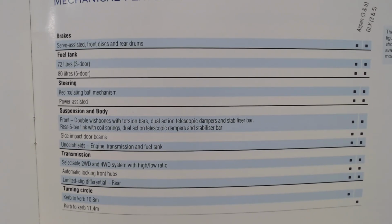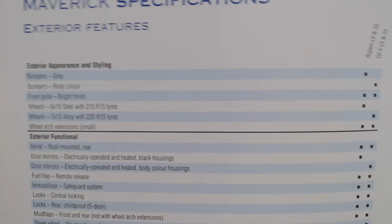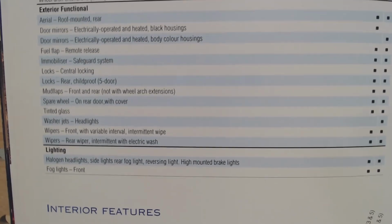There we go, that shows some of the equipment for the Aspen and the GLX. Only difference really there is the turning circle. Interior features, and this is really the only way we can determine how to identify an Aspen from a GLX, because the pictures were very confusing, showing them in two different looks. The bumper is only grey on the Aspen, on the GLX it's always the body colour. The wheels, they're always the steel wheels on the Aspen, alloy wheels standard on the GLX. I'm sure you could get the other alloy wheels as some kind of option on the Aspen, but like I say, always confusing when they show these cars